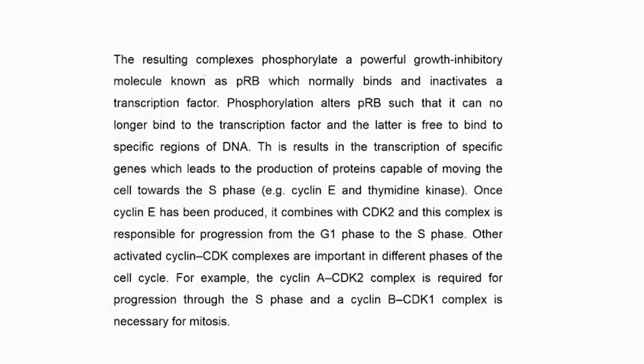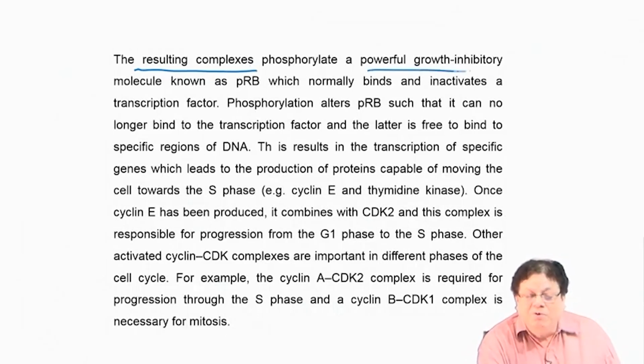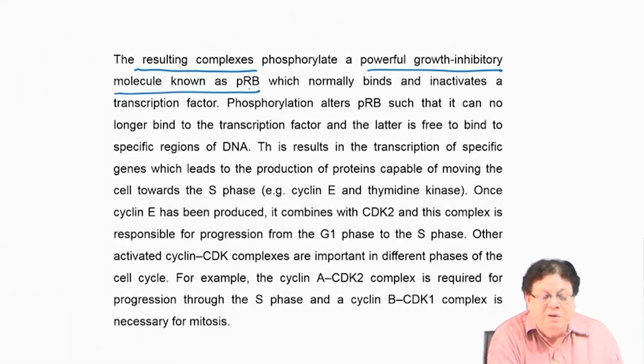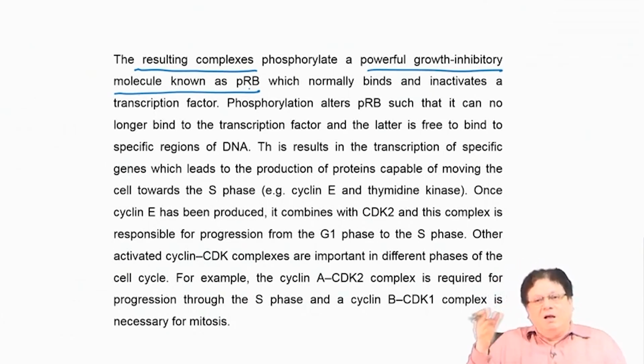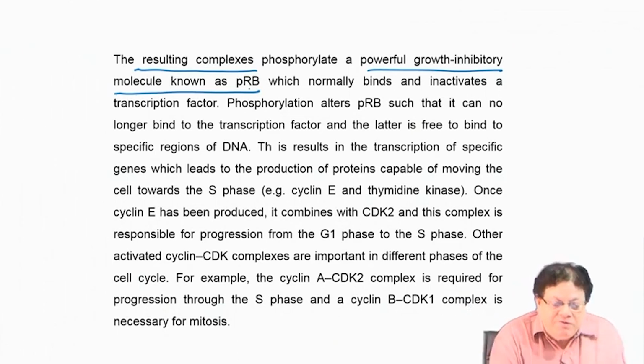The resulting complex, that means the cyclin and cyclin dependent kinase, phosphorylates a powerful growth inhibitory molecule known as PRB, which normally binds and inactivates a transcription factor. You remember that transcription factors are the ones which actually start the process of transcription. They are called transcription factors. That means, from where the transcription has to take place, there are some promoter sites where the transcription factor binds, and then the system knows that the DNA has to be copied. So, these transcription factors,